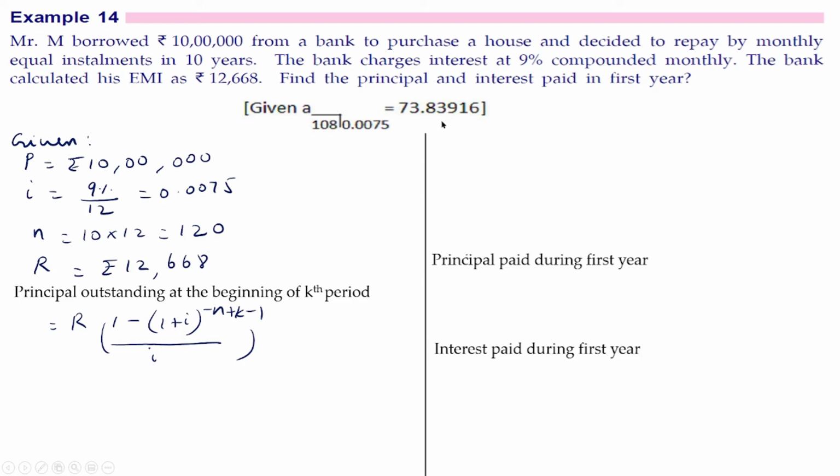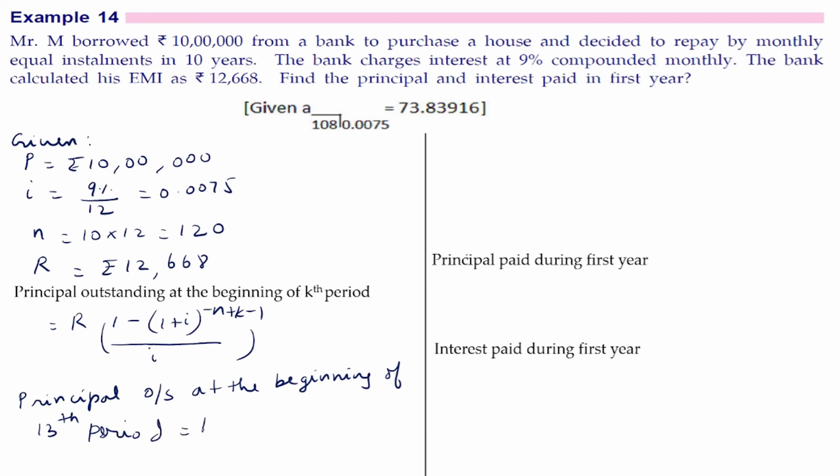So it means EMI has been paid for 1 year, which is 12 EMIs have been paid. So the principal outstanding at the beginning of 13th period will be